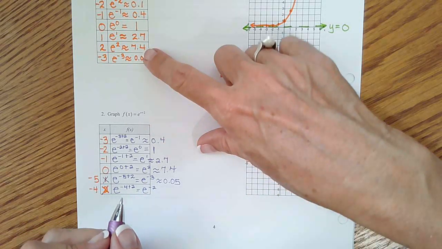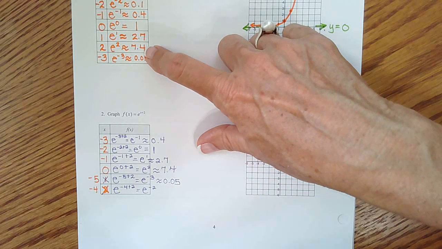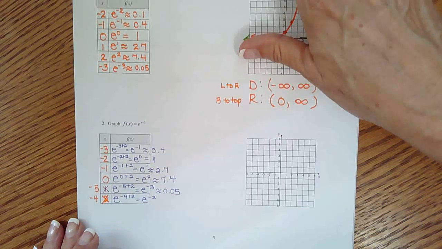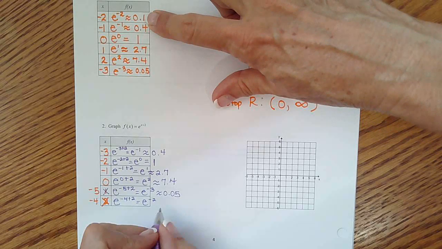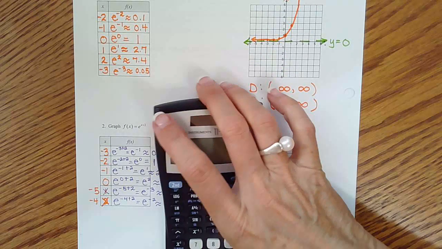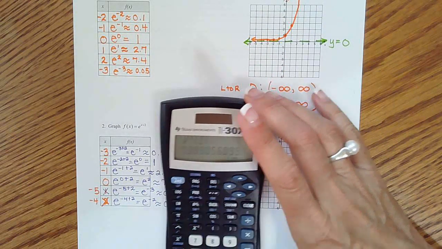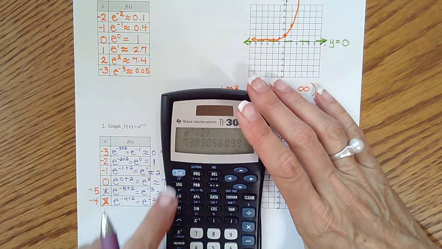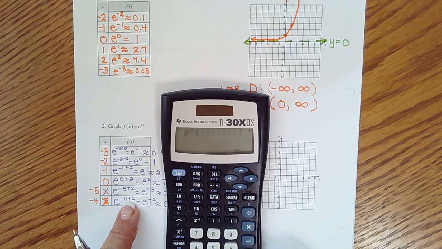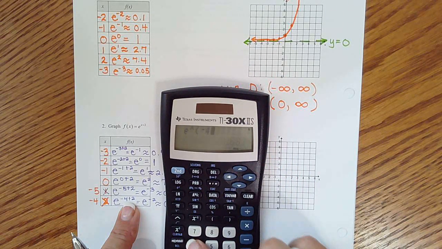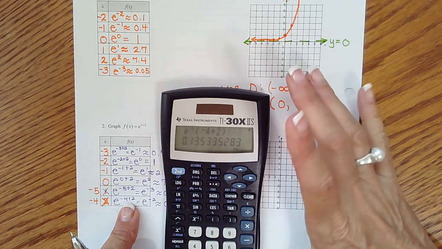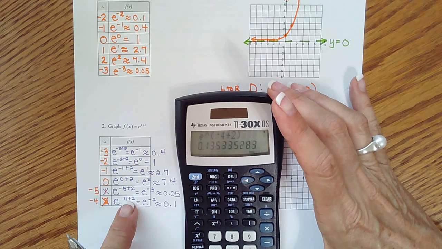And we have that one up above too. Oh, there it is up there. So e to the -2 is approximately 0.1. And if you were typing it in, just FYI, I want to make sure everybody knows how to type it in because you might not have one to look at. You do second e, like I showed you before, but now you're going to have two things in parentheses. So you type -4 plus 2, then close it. And that gives you your 0.1. So you got to make sure you include both of those in your